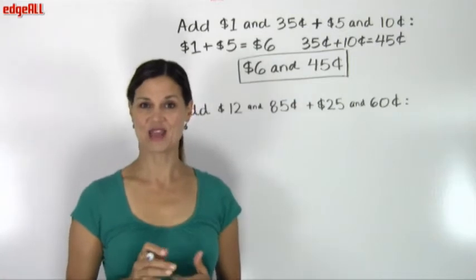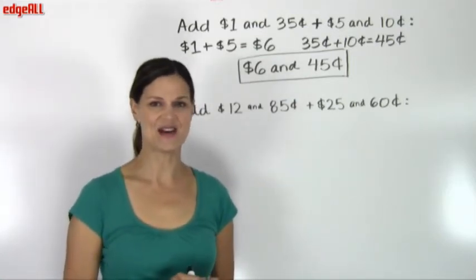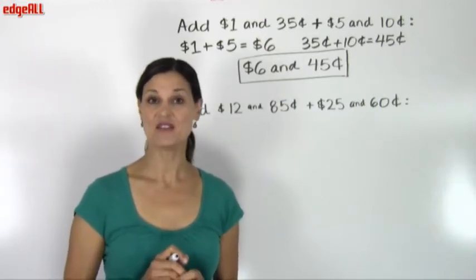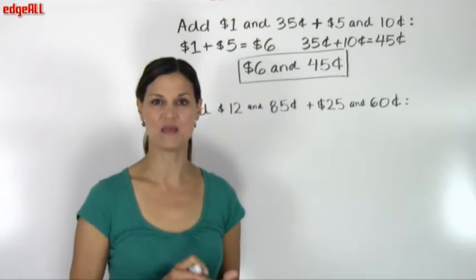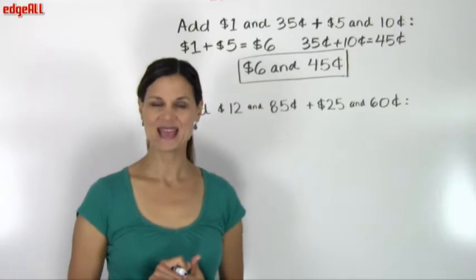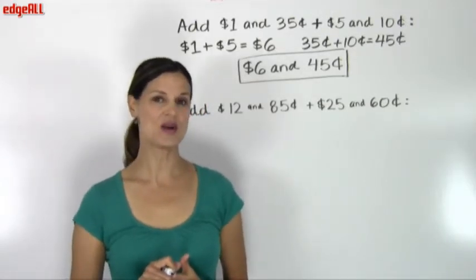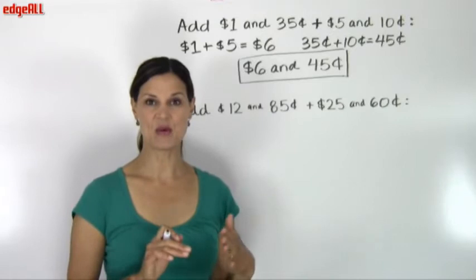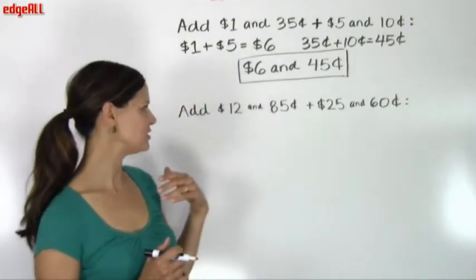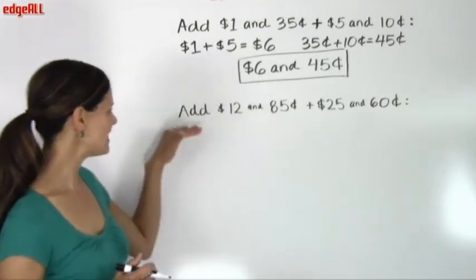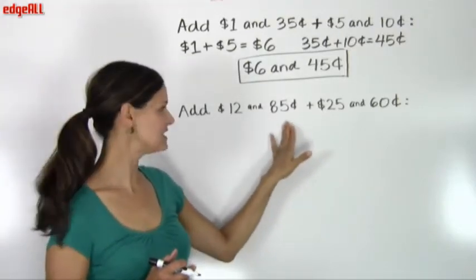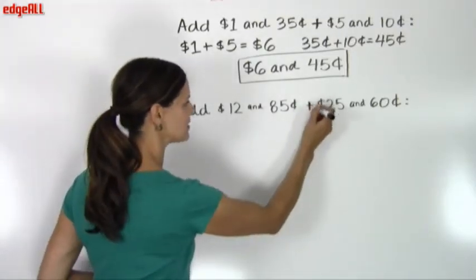Any operation using money becomes easier, though, if we write the money using the decimal point form. If you do not know how to write money in point form, please watch the video that teaches writing money. So this next example we are going to do using the decimal point form of writing money and then adding our two amounts together. So in this one we are asked to add $12.85 plus, so we're adding to that,